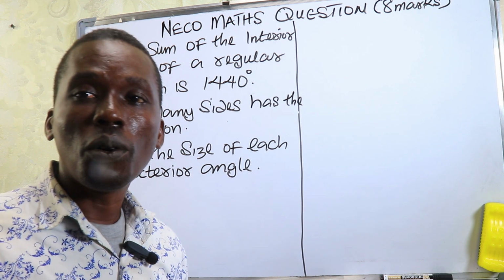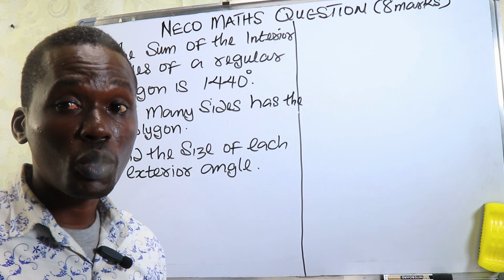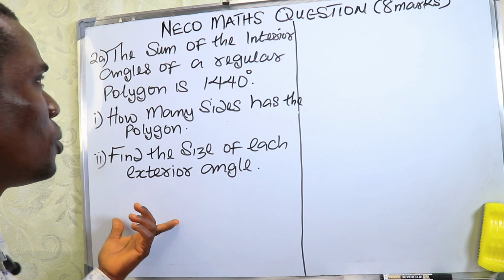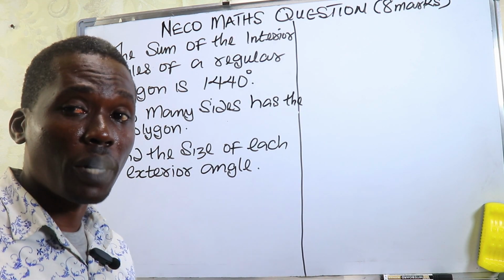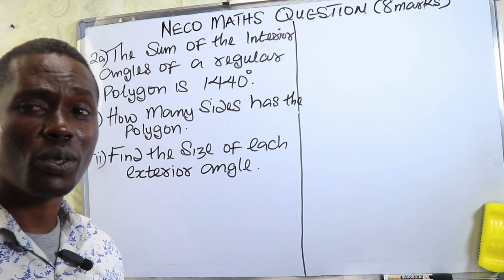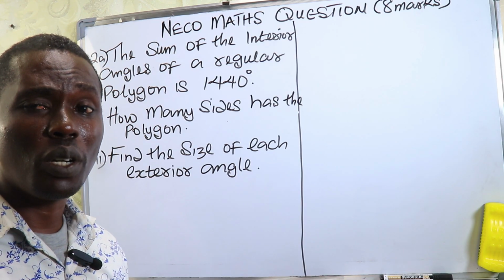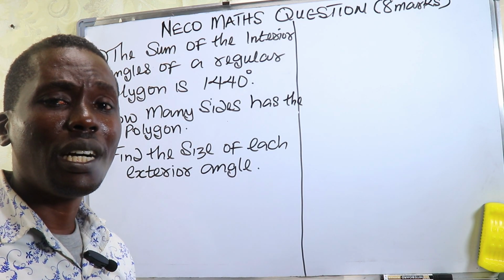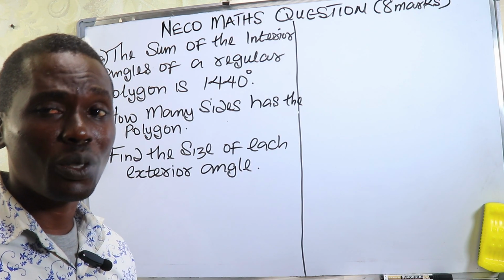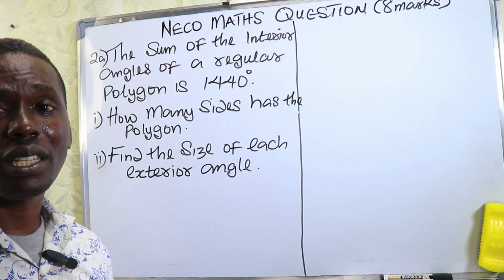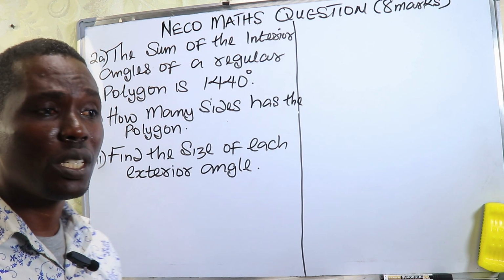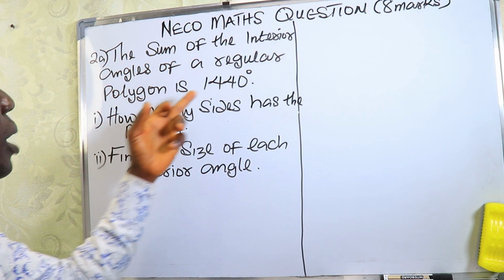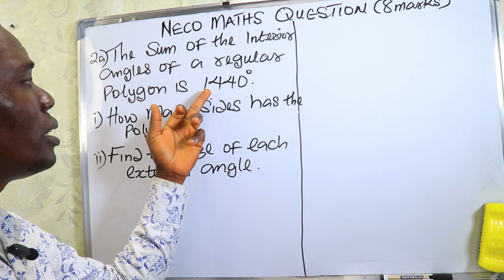You are preparing for the NECO examination, which I know is very close by. This is one of those questions you're going to see in the theory part of your exams, and these questions are going to earn you 4 marks. So it's a good thing to get to know questions like this so that you can easily solve them when you see them. The question is, the sum of the interior angles of a regular polygon is